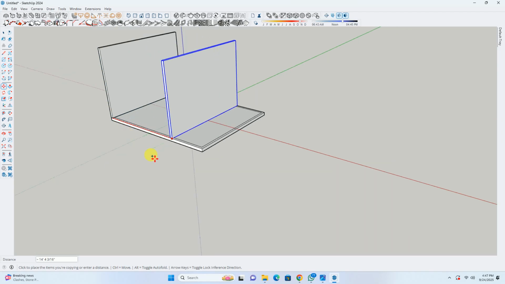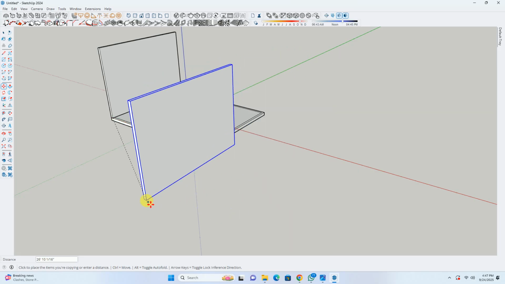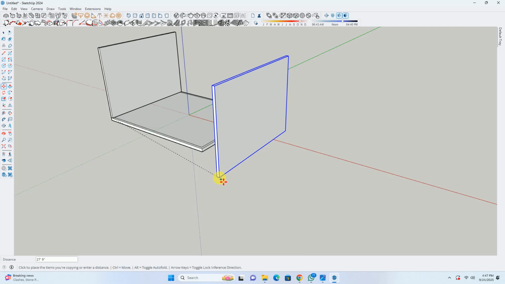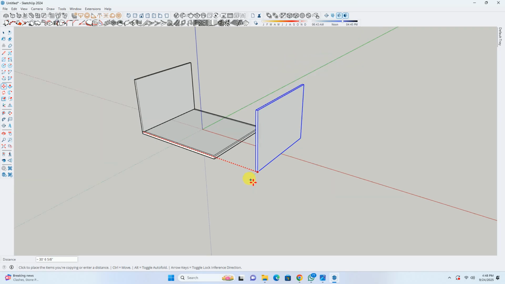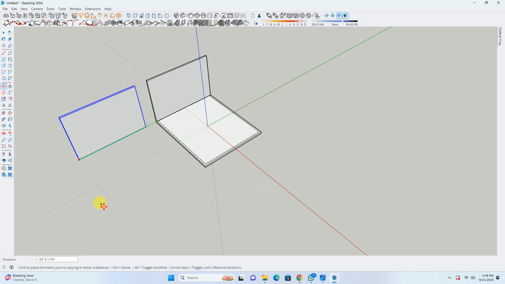Suppose if I want to move in red axis or x axis, we can specify it with the help of the right arrow. If we want to move the mouse in y direction only, then we can specify it with the help of the left arrow. Once I press the left arrow, you can see our mouse will move only in green axis.